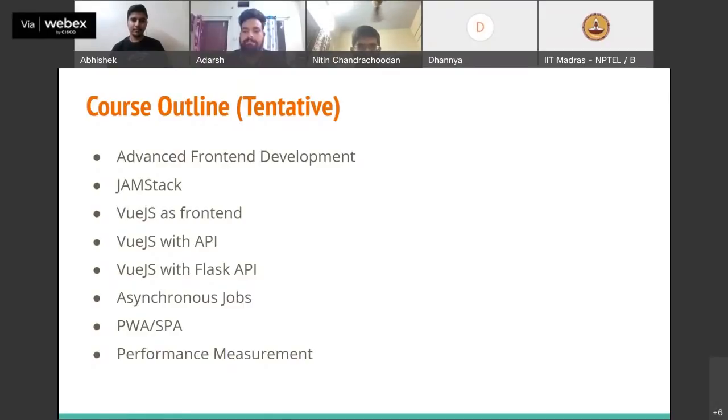Once again, rather than focusing on any given framework or a specific type of technology, what we are trying to do over here is, as far as possible, look at specific concepts that are useful in terms of building more advanced applications. So the first question that we can ask is, what exactly do we mean by an advanced application? And what we have decided over here, Tejesh and I, Tejesh will also be co-teaching this with me,